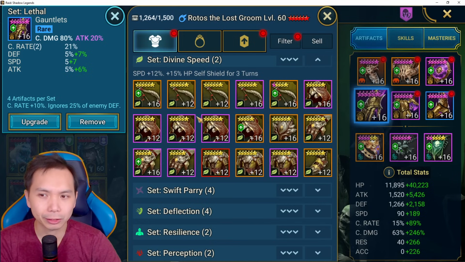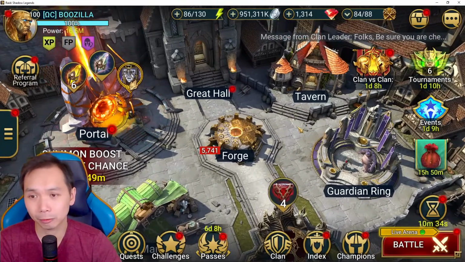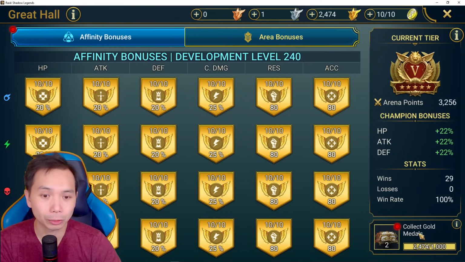5 stars, not necessarily that great, but it does give you a chance at the 6-star gear, which is basically a 6-star speed piece. Another thing to consider is that some people finish their great halls and don't bother doing the arena fights anymore. I actually encourage people to do the arena battles as per normal. So make sure you guys keep doing these